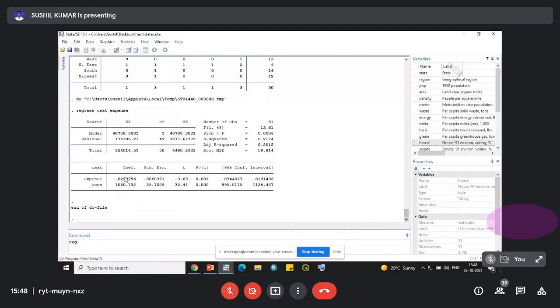Now look at the coefficient. First of all, you can see there is a negative relationship. The minus sign shows there is a negative relationship between expense and CSAT values. But before going to any conclusion, first we have to check the p values. You can see the p value is 0.000, which is less than 0.05. Therefore, the value is significant and we can consider it. Okay, so this was the OLS model that we have performed, or this is how we can perform regression in Stata.